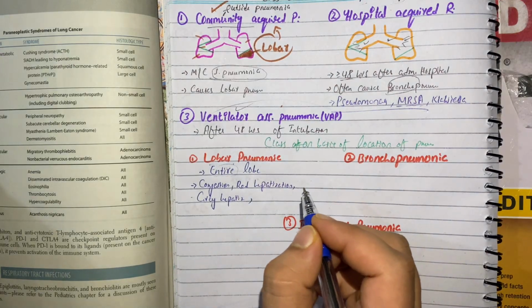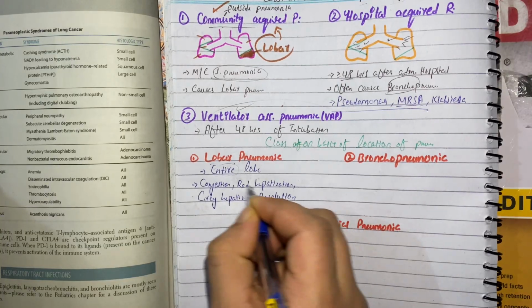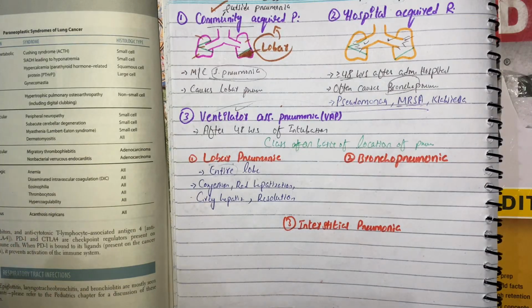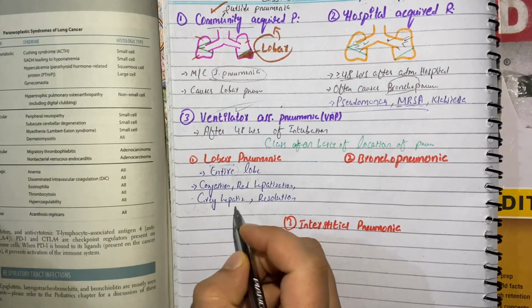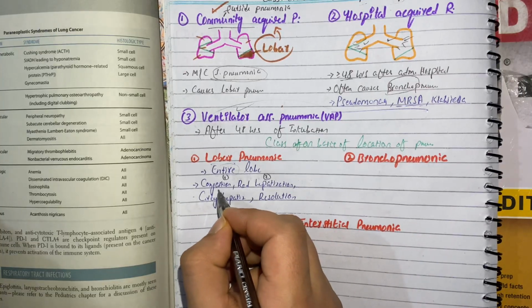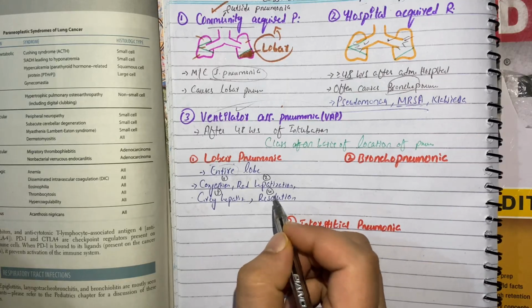What was the fourth stage? The fourth stage was resolution, in which the pneumonia completely resolves due to treatment. So these are the stages of lobar pneumonia. The first is congestion, the second is red hepatization, the third is gray hepatization, and the fourth is resolution. Okay, now